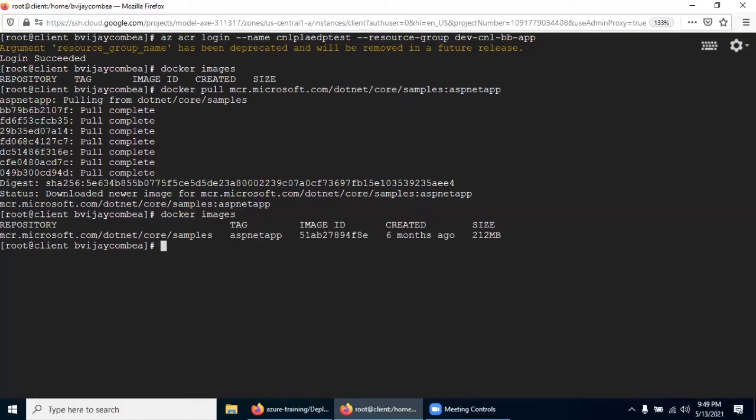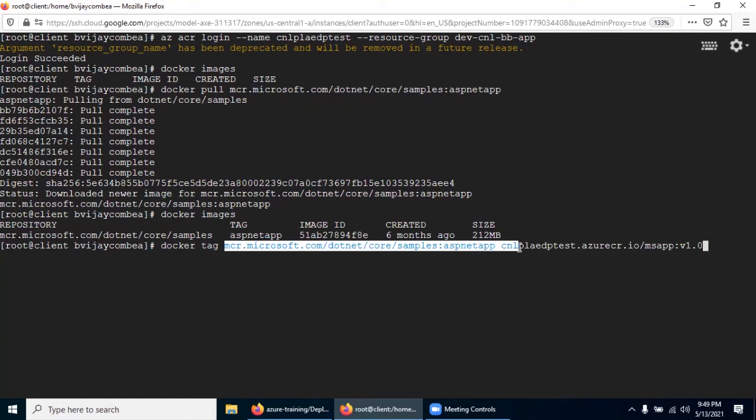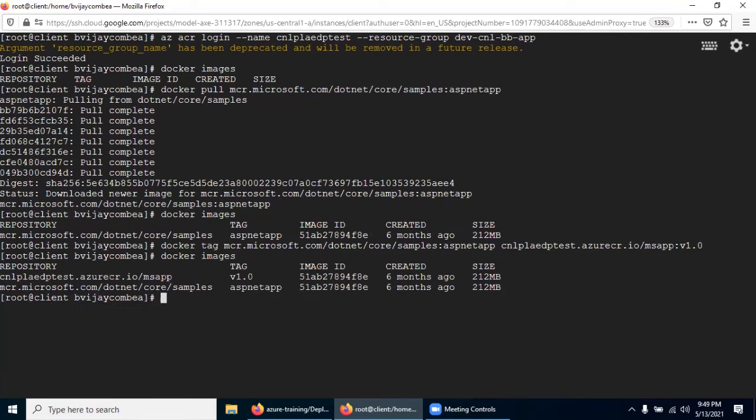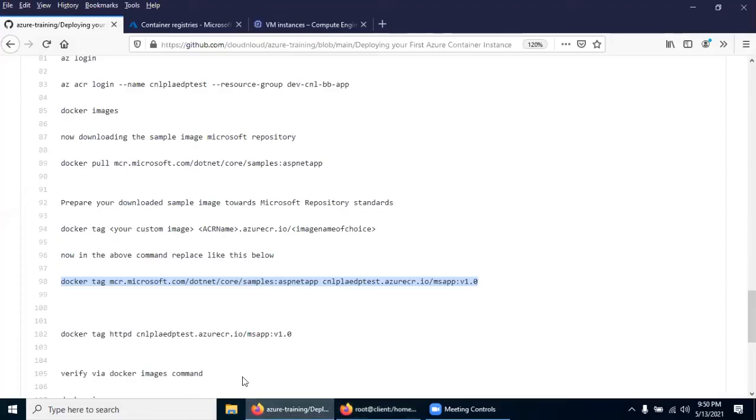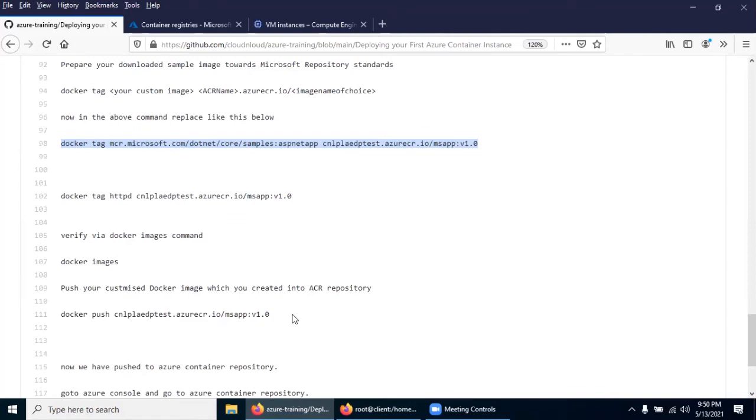In it, this should be what you downloaded, this should be your created Azure Container Registry, this could be whatever name you want, and this could be your version. So enter it. Now you run docker images. See here, now this image is converted to your Azure Container Registry format.